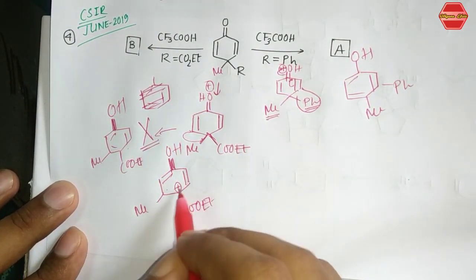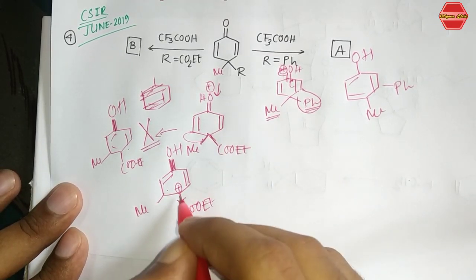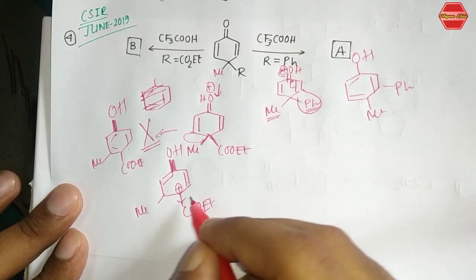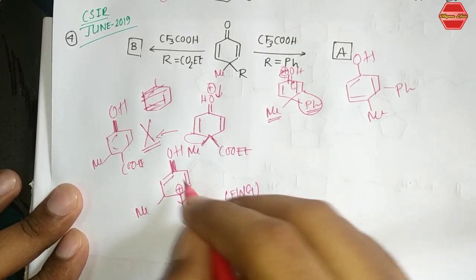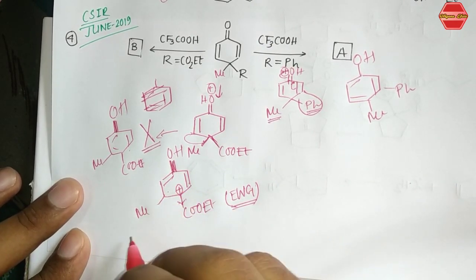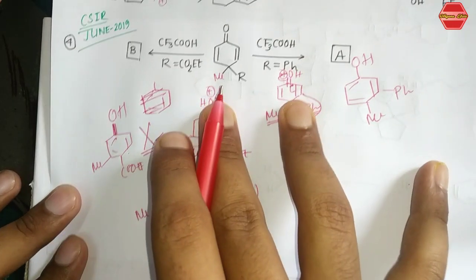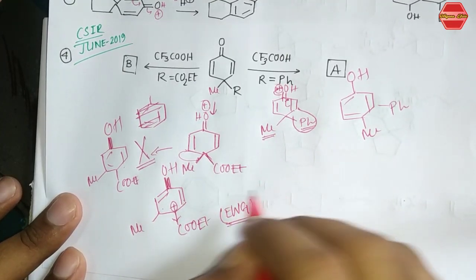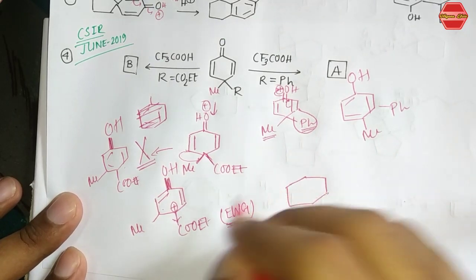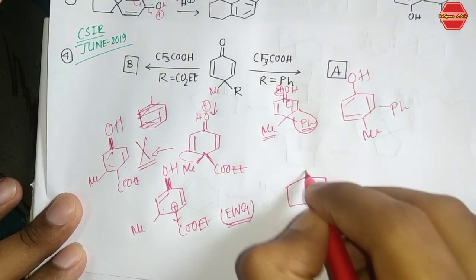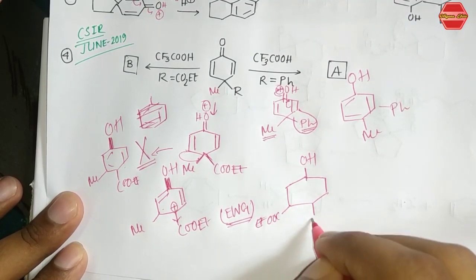If the methyl migrates, then there is a positive charge, and the group present ipso to this positive charge is CO2Et, which is an electron withdrawing group. So the electron withdrawing group will destabilize this carbocation, so this product will not form, and this methyl migration does not take place. So what will be the product? In this case, the CO2Et will migrate. So that is why this question came in CSIR, right? Now if this CO2Et migrates, then what will be the product?